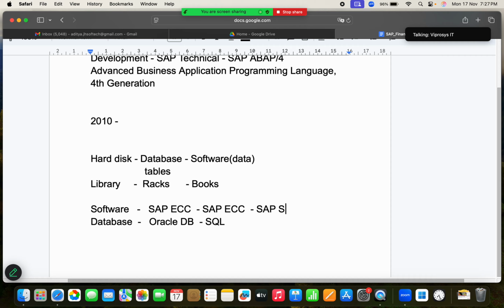So from SAP S4 HANA, the database is HANA database. Okay, so we have got the HANA database, and why they introduced it is to make sure that they come with a complete application. See, in the past, before 2010, all the hardware used to be purchased from different vendors. For example,